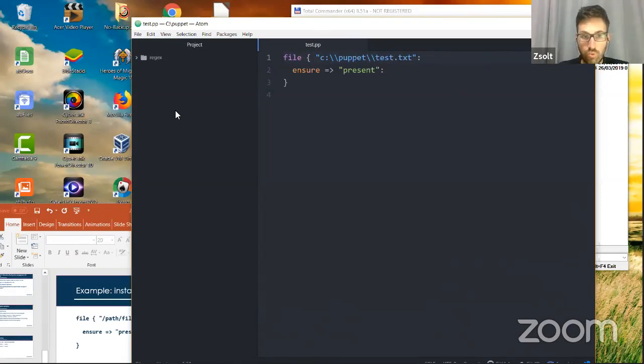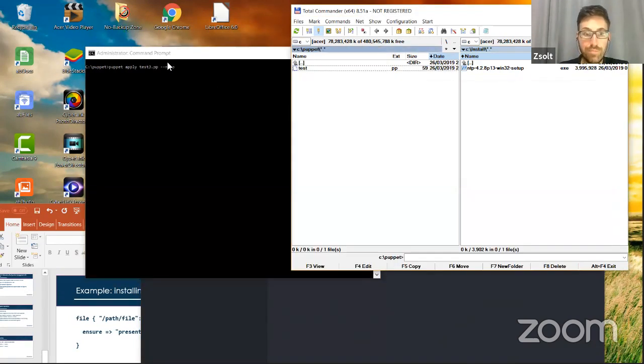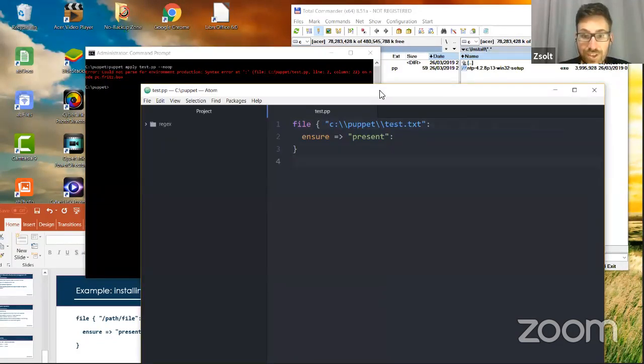Now, what we can do in here is that we have this test.pp, and I'm going to show you how to run this file. So it's puppet apply. This is the basic command, and you give it the file name, and --noop is basically a test run where you just test the syntax, actually not validate the syntax, but you emulate. So there is already an error in the test itself. So let me see what I did wrong.